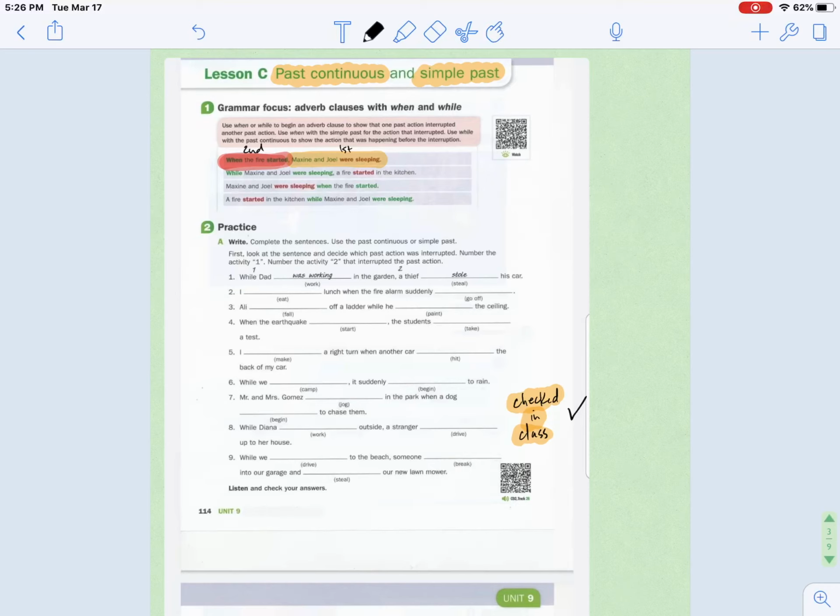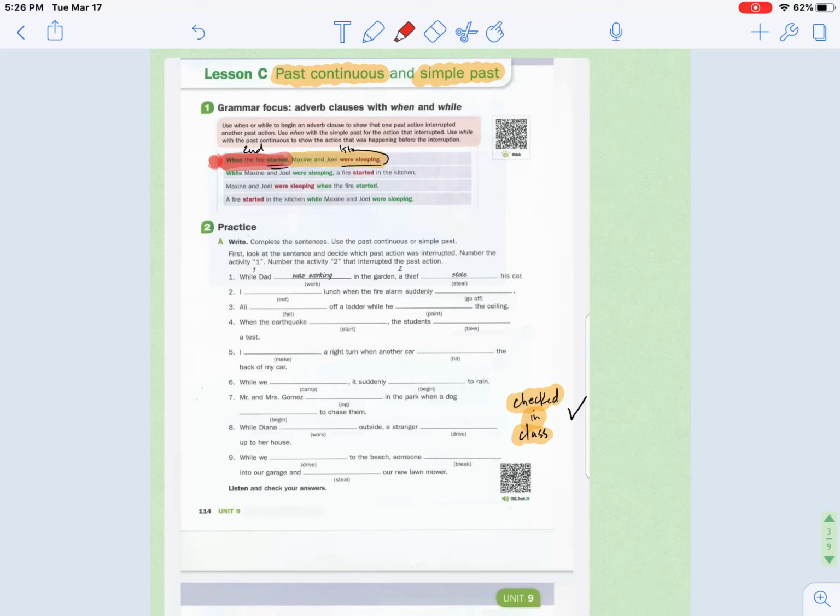We use the past progressive to talk about the first thing that was happening, the progressive action, when the second thing started to happen. I'm going to go down here and look at the last example, and we will see the same thing. They just switched the order of the sentence, so instead of starting with when, we see the when or the while in the middle of the sentence. But we still have